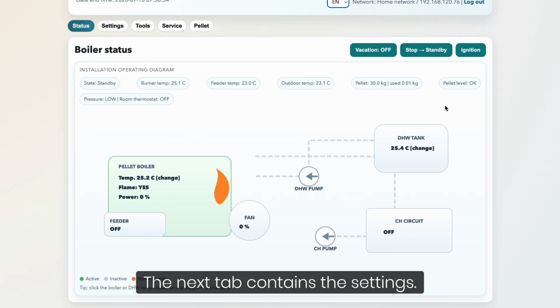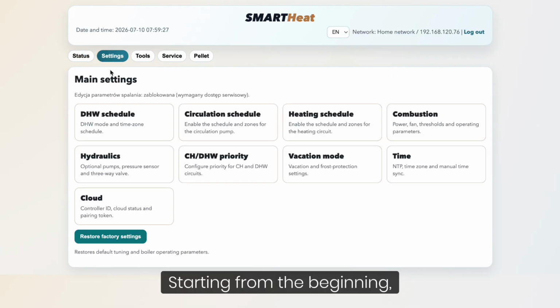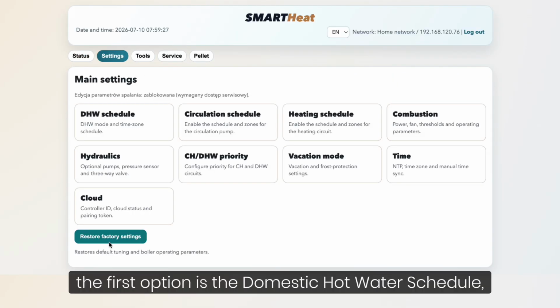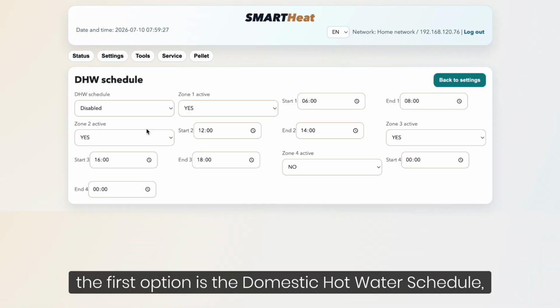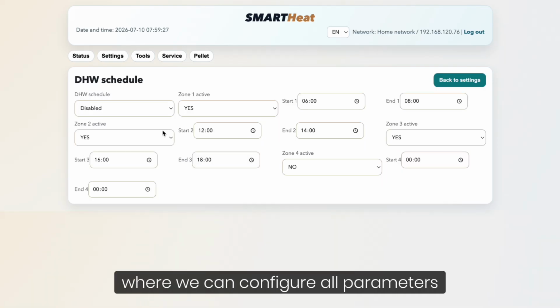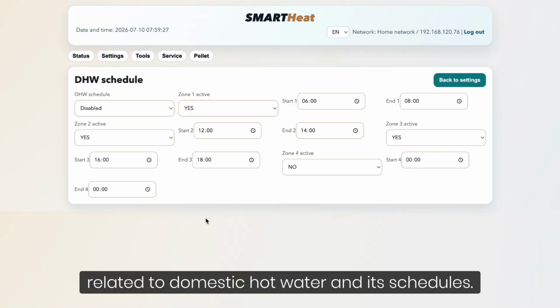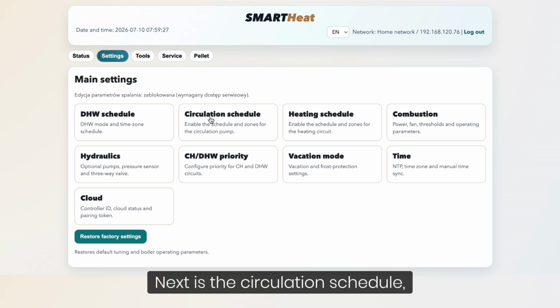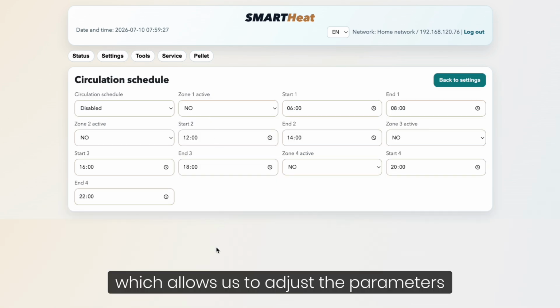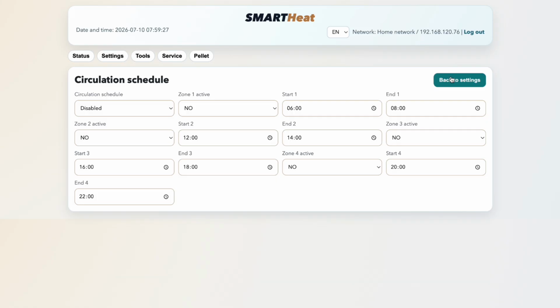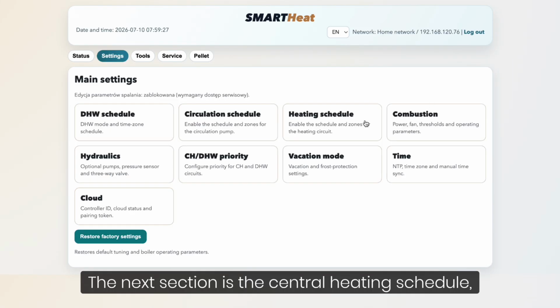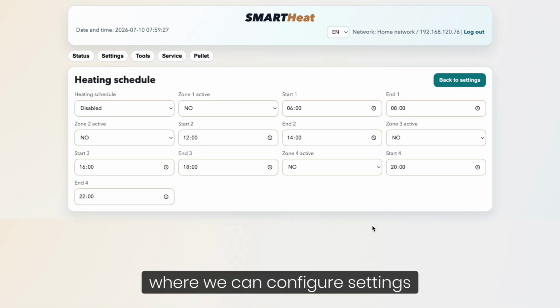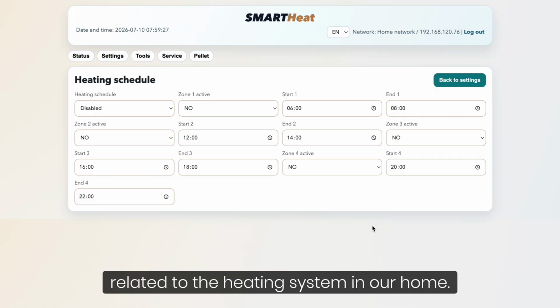The next tab contains the settings. Starting from the beginning, the first option is the domestic hot water schedule, where we can configure all parameters related to domestic hot water and its schedules. Next is the circulation schedule, which allows us to adjust the parameters related to circulation within our system. The next section is the central heating schedule, where we can configure settings related to the heating system in our